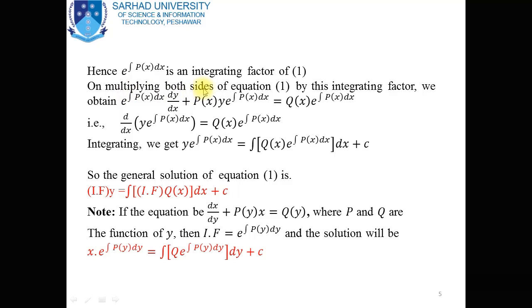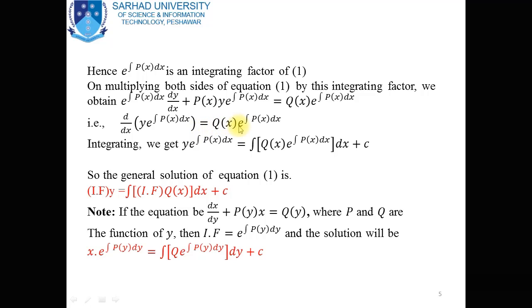On multiplying both sides of equation 1 by this integrating factor, we obtain e power integration of p function with respect to x, dy by dx plus p of x into y e power integration of p of x dx is equal to q of x e power integration of p of x with respect to x, that is d by dx into y e power integration of p function with respect to x, and this is equal to q function